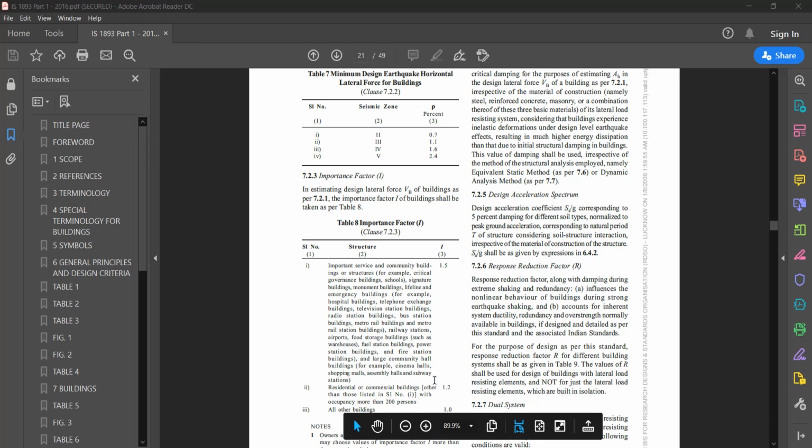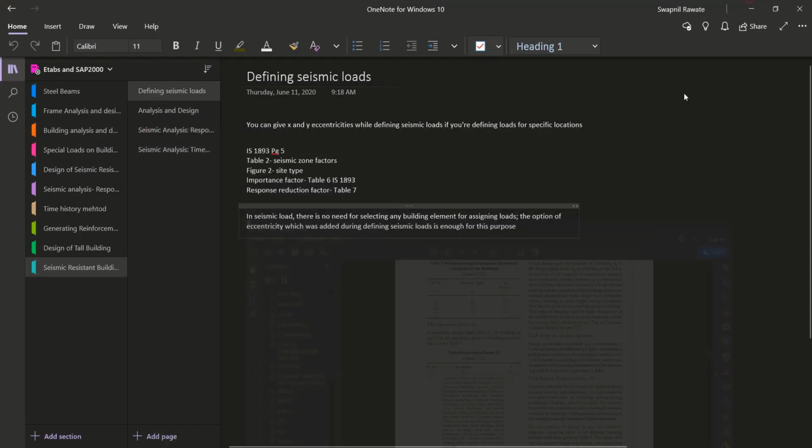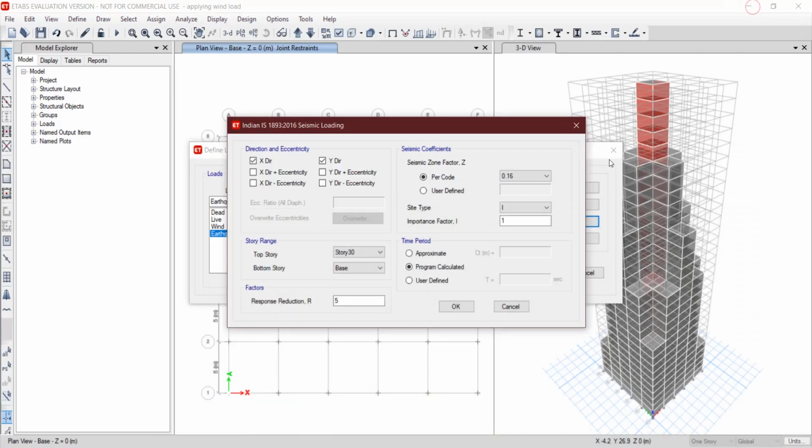As it is a 30-story building, there are sure to be more than 200 people living in that building, so I will give importance factor as 1.2. And for time period I will keep it as program calculated.